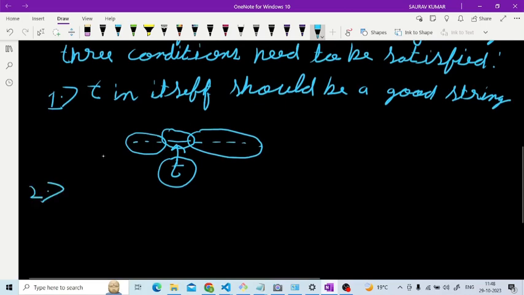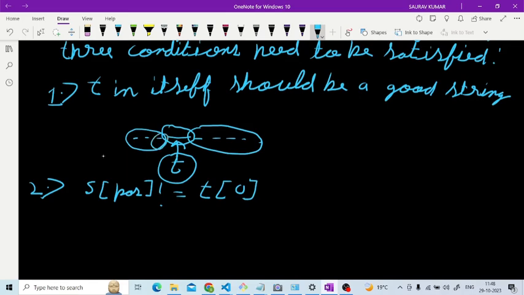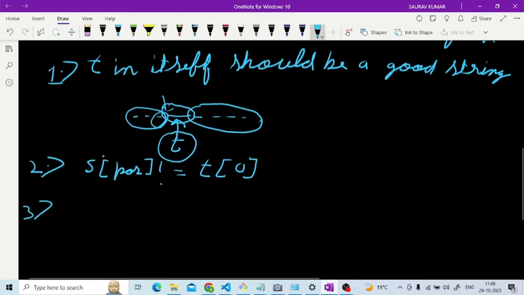The second condition is s[pos] should not be equal to t[0], right? So the position in the string s, just after which we want to insert t, the value of this should not be equal to the first value of t, right? And the third condition, as you can see on your own,